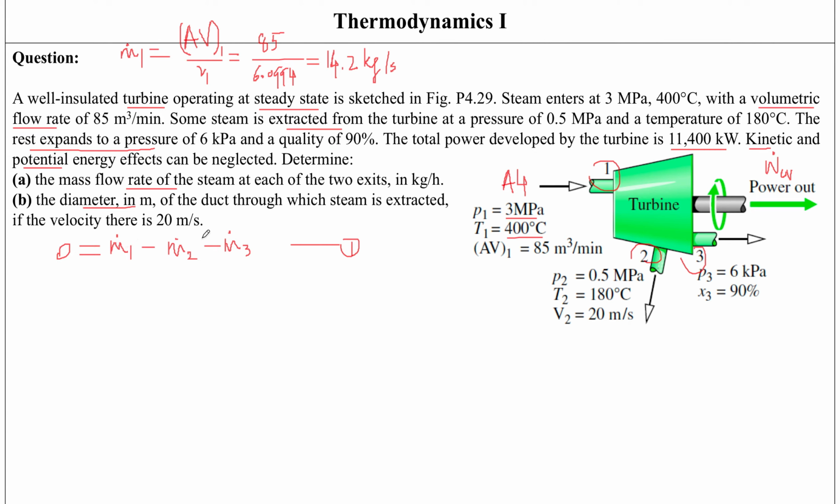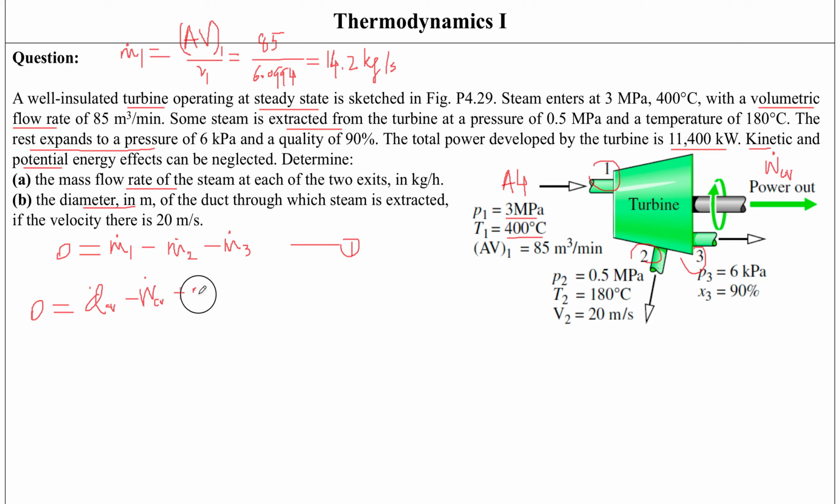M dot 2 you can't find out because you've only got velocity information. M dot 3 you can't find out as well. So because we can't find it out, we're going to have to go to the energy rate balance. And again, the left-hand side is going to be equal to 0, dE by dt. And it's going to be equal to Q dot, heat transfer across the control volume, minus work done across the control volume